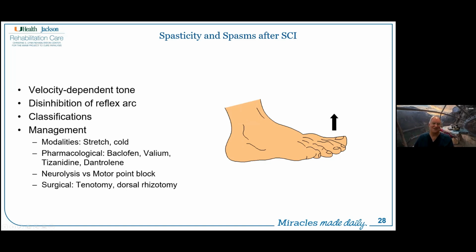Our physical exam tells us this, and then we have to decide if it is appropriate or not to manage the spasticity. And you're saying, wait a minute, why wouldn't we? Well, in some cases, and this is an important point, the person's spasticity and spasms can actually facilitate their movement, can facilitate their function. And so I don't want to just willy-nilly treat spasticity and spasms because I can take away some of the person's function if I do that. So there is a balancing act that we have to maintain as we look at managing spasticity and spasms.